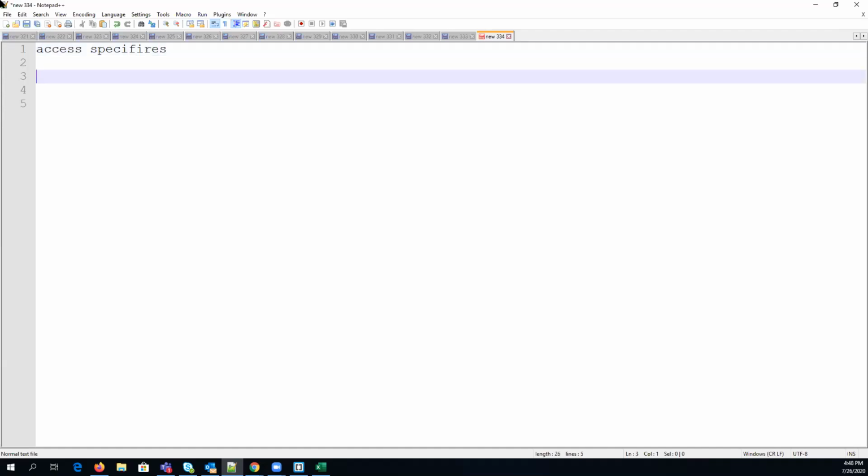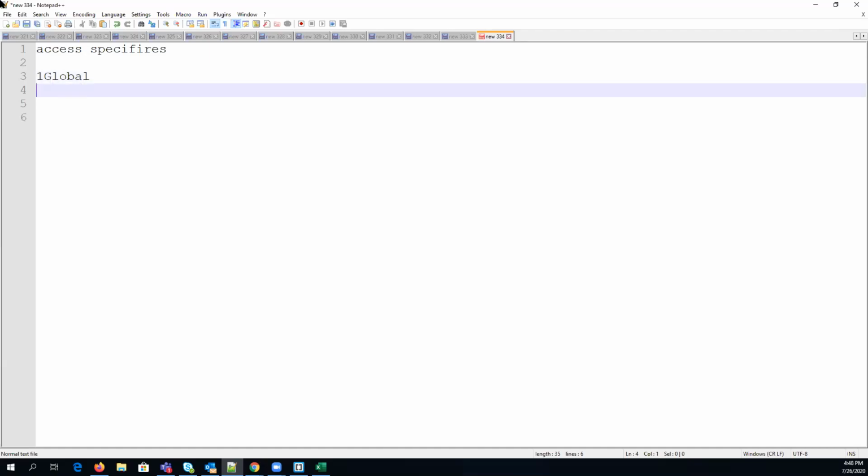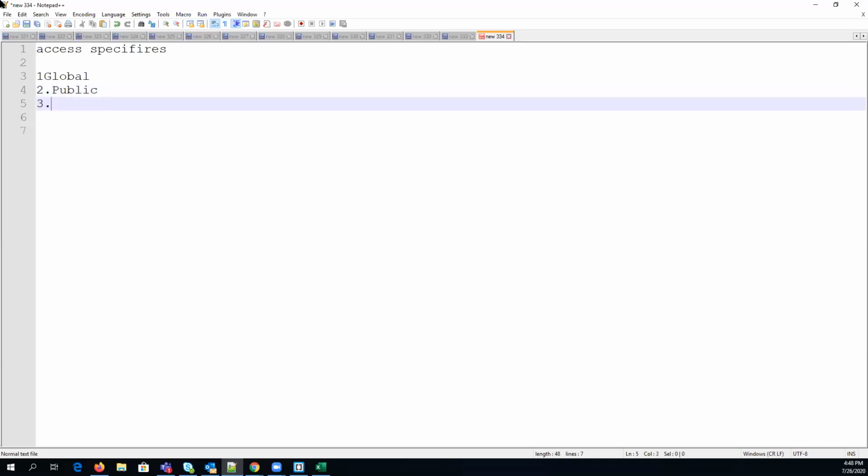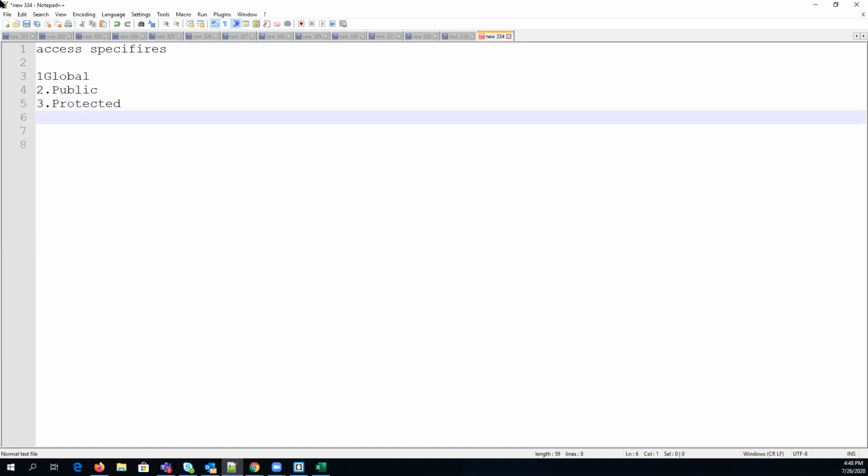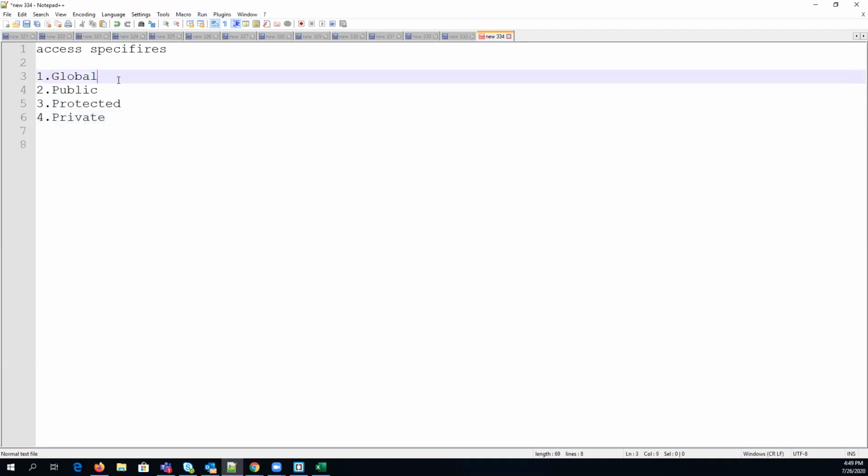Yes. The first one is global. Second one is public. Third one is protected. Fourth one is private.